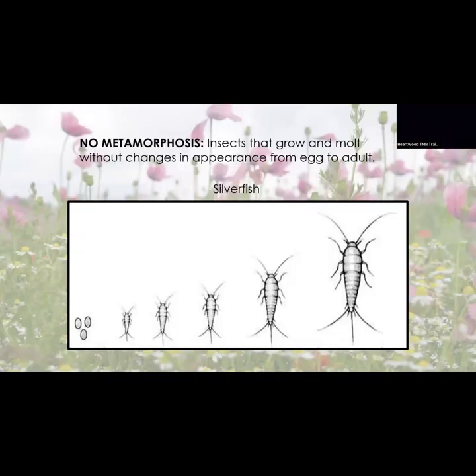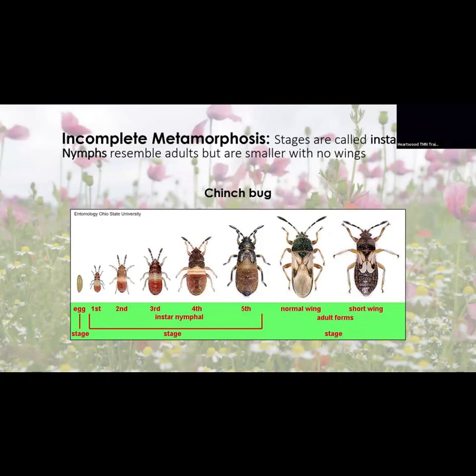So first are the ones that have no metamorphosis, things like silverfish, Thysanura. We've all seen these in our homes. The reason it's called no metamorphosis is because a first instar looks exactly like an adult, right? There's no change in legs or coloration or antenna length or anything. It's just a change in size, right? So like humans, we're just going through a change in size. We don't metamorphose. So neither do silverfish. That's about all that don't metamorphosize.